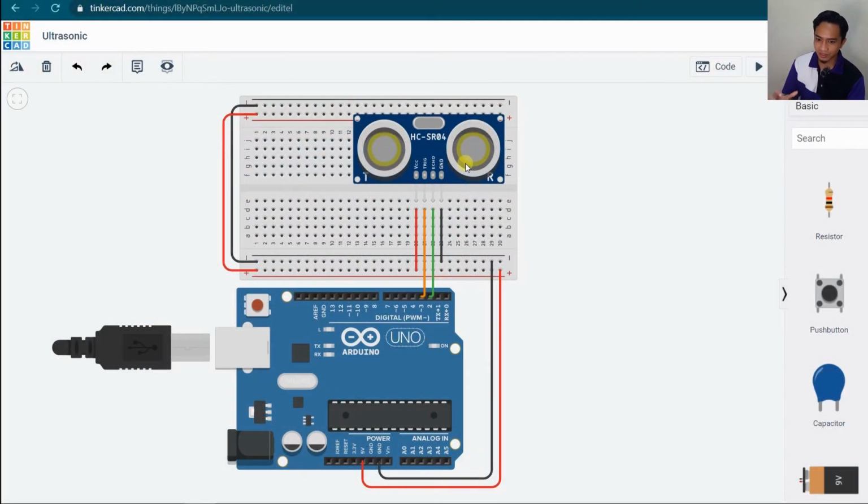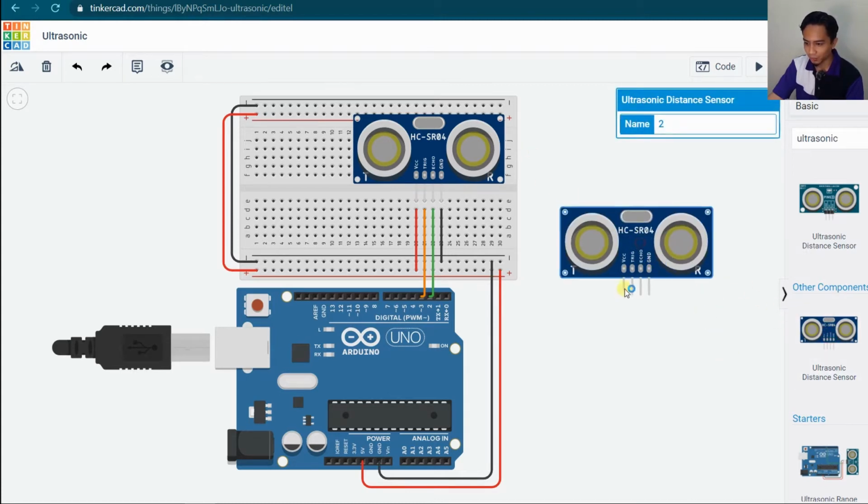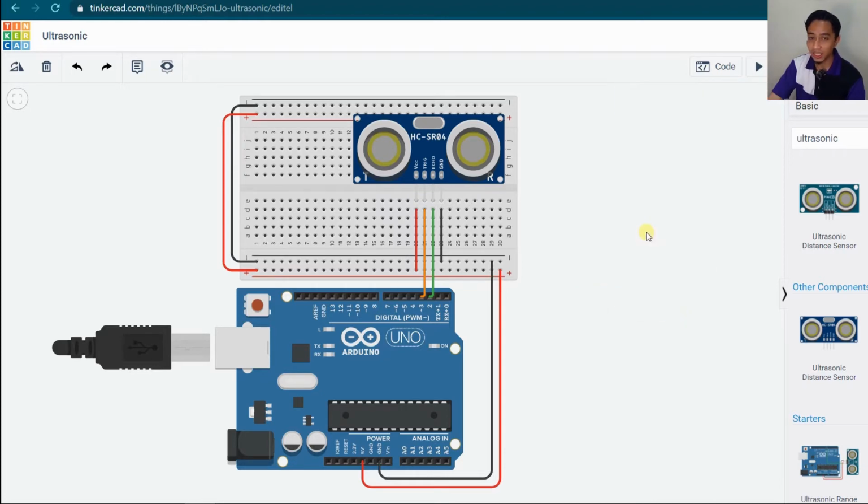So if you can see these circuits here in Tinkercad, this is how we can connect the ultrasonic sensor HC-SR04 to the Arduino. If you use Tinkercad as usual, you can just search for ultrasonic sensor here. It will come up with 2 different ultrasonic sensors. For the HC-SR04, you choose the second one, the blue one with the 4 terminals. To connect it, ground is connected to the ground, VCC is connected to the power supply, 5 volts again, and we have the echo and trigger, which are connected to the digital